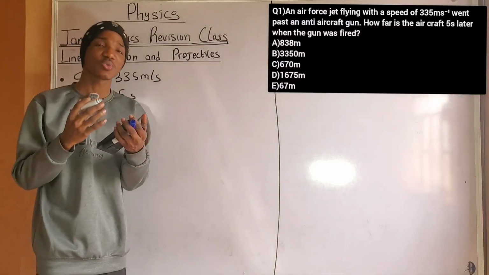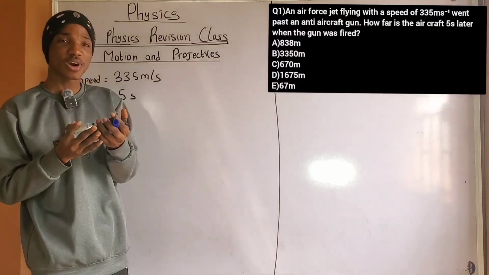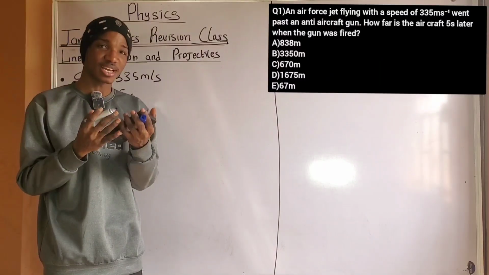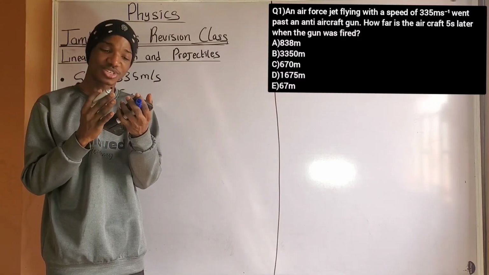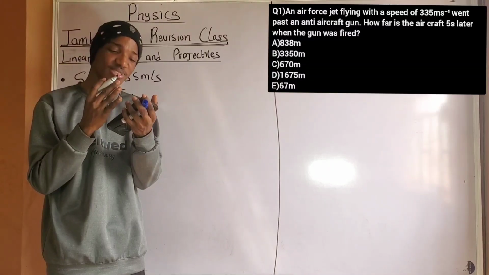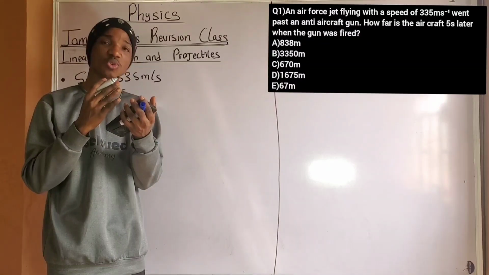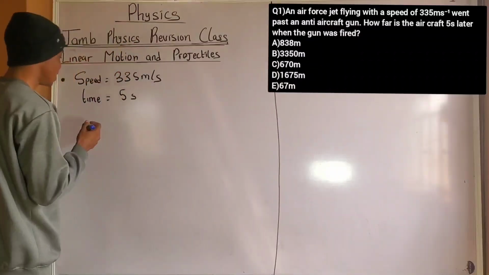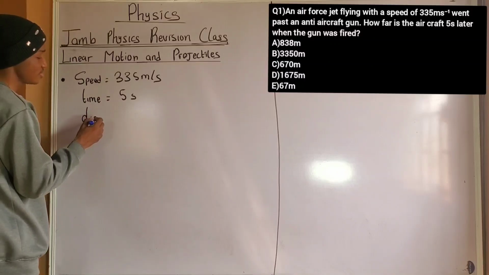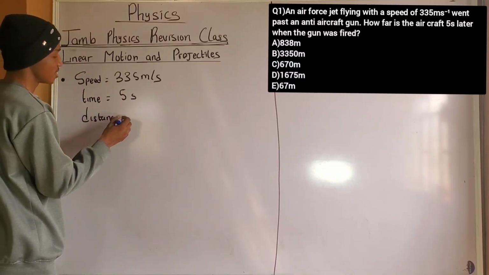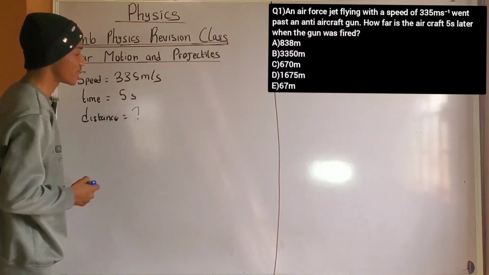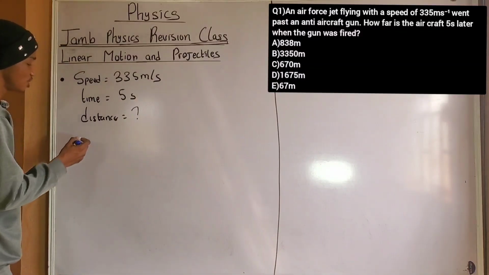Now, we are asked to calculate how far. How far simply means the distance. Are you getting it? If you look at the question, how far is the aircraft 5 seconds later when the gun was fired? Okay, so we are looking for the distance. Distance is not given. Okay, from this relationship, do you know that speed